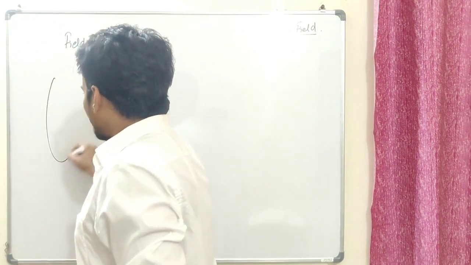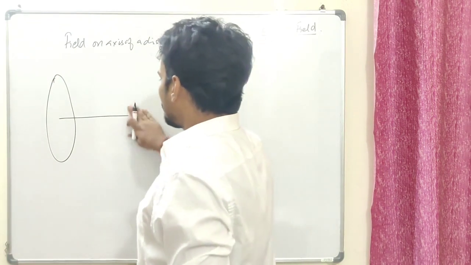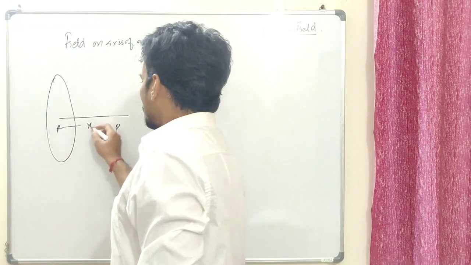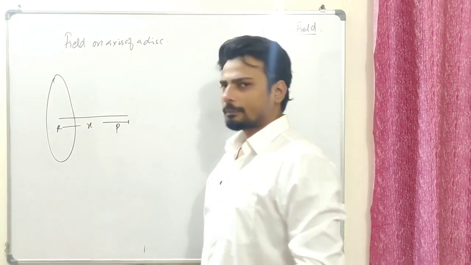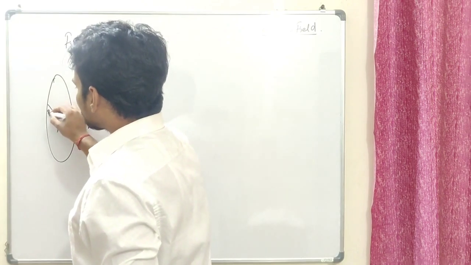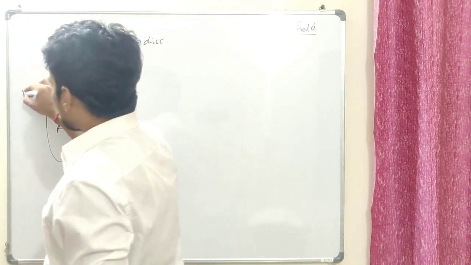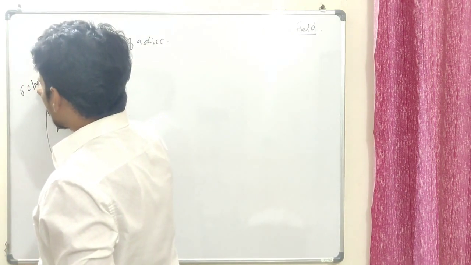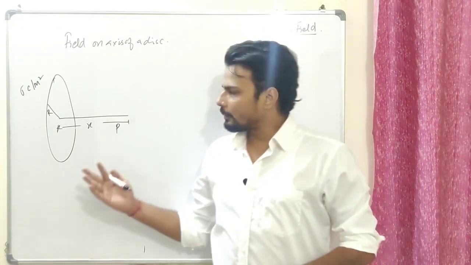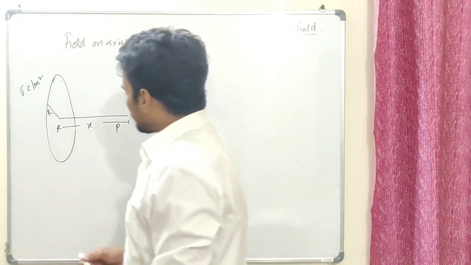So let's say we have a disk and we're going to find the field at, let's suppose, this point P, which is at a distance of, let's say, x from the center of the disk. Let the radius of the disk be capital R, okay, and the charge density is sigma coulomb per meter square. Well, I know it's a surface, it's a solid part, so we'll be having surface charge density. Now let us try and quickly find the elementary particle.